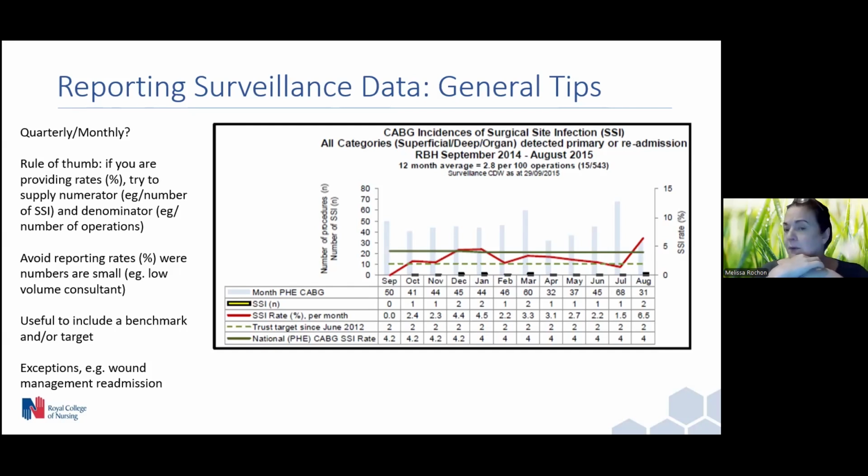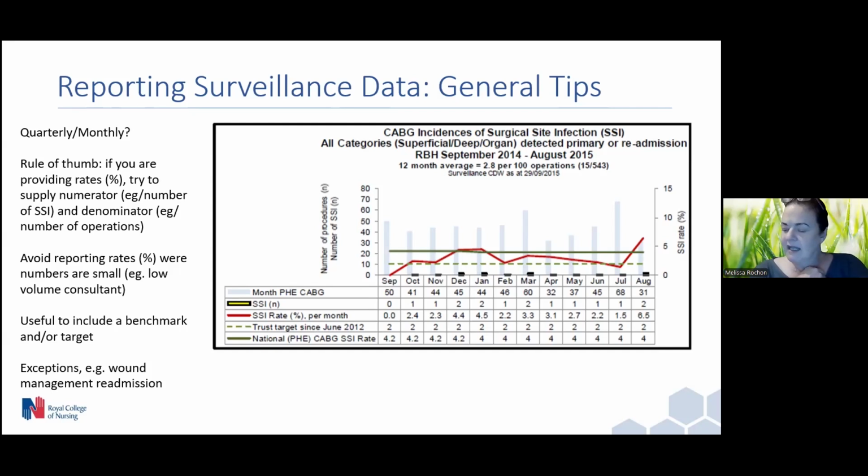We stopped reporting SSIs by consultants. It was quite an antagonistic approach that we sort of inherited when I started. If you had a surgeon who was only doing, say, 2 valves a month and one of them got an SSI, that was a rate of 50%. And that just isn't realistic to report. So we always put everyone's data together, and we applied internal and external benchmarks. So we had the UKHSA rate, but we also had our target.